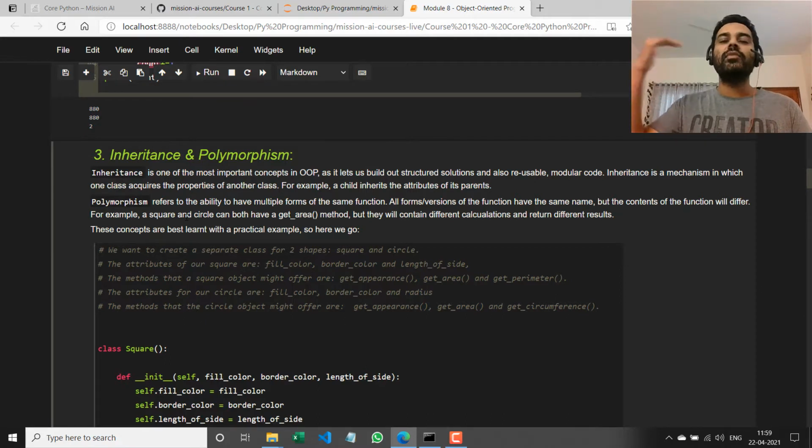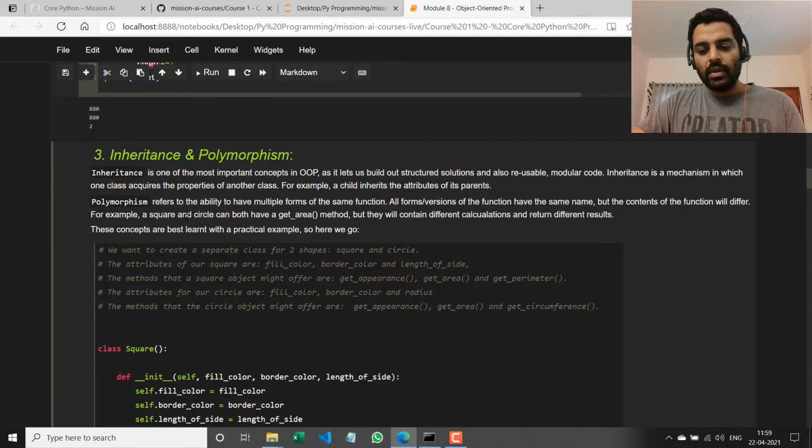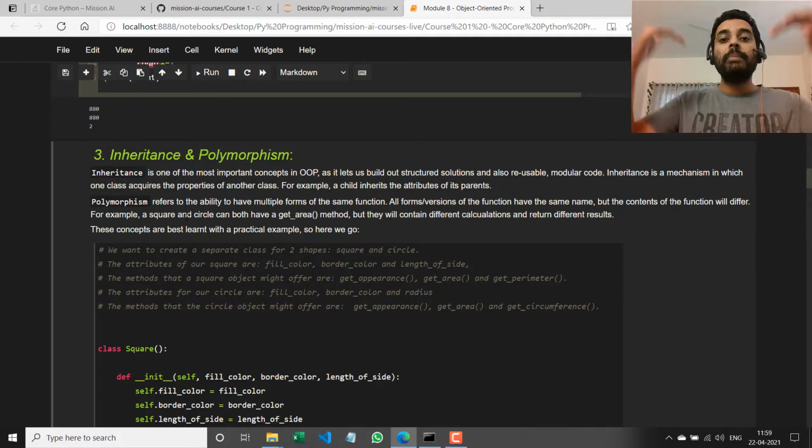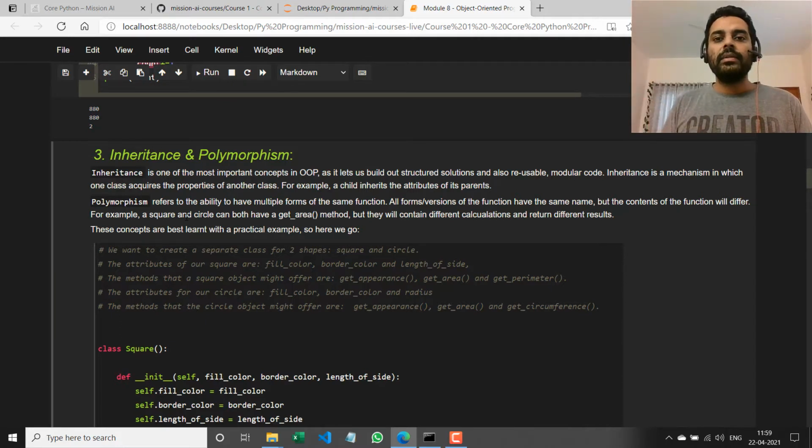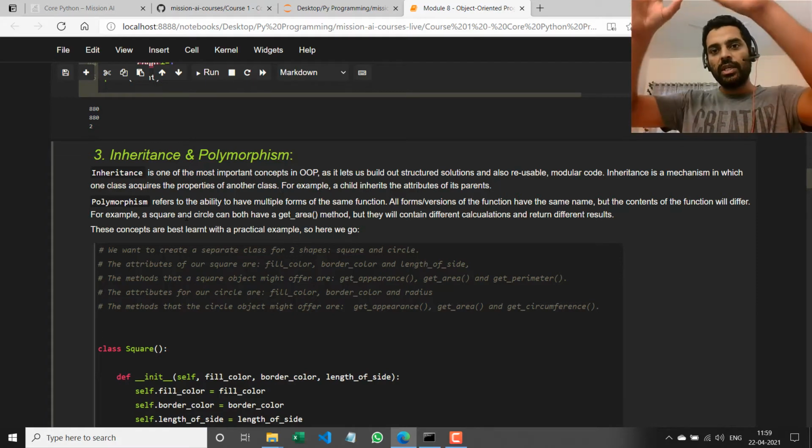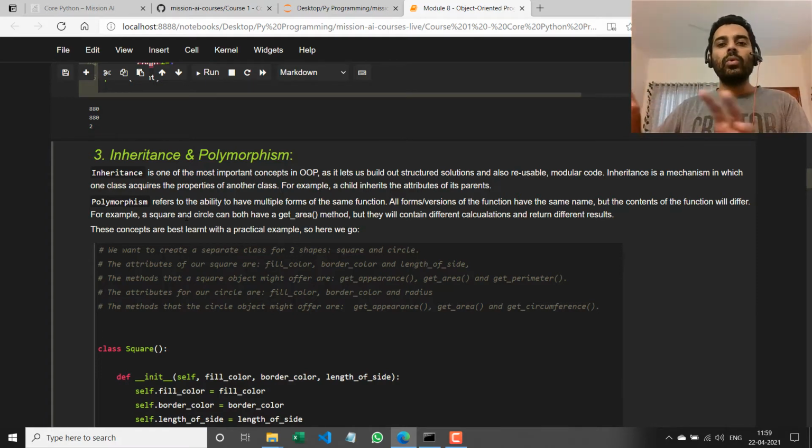But in terms of real world structures, right? So you have multiple shapes that are possible, right? So if I had a base class, that is a parent class called shape, then that parent class could have multiple children, right? Like one of the shapes could be triangle, one could be rectangle, one could be a pentagon, and so on, right? So each of these children are still shapes, but they all have their own unique